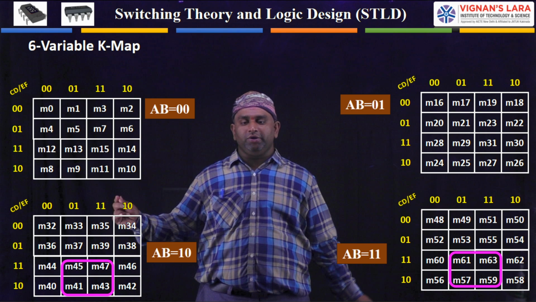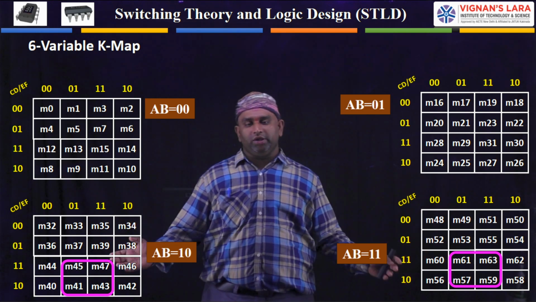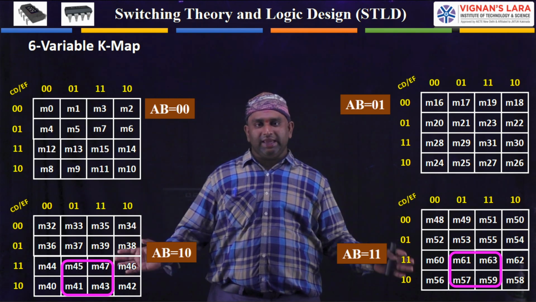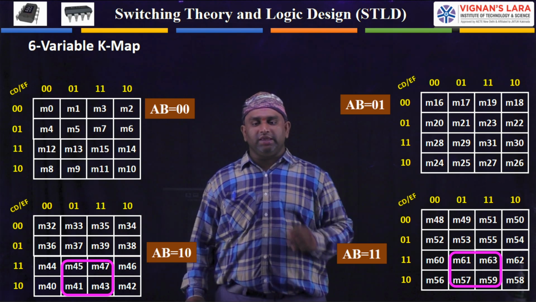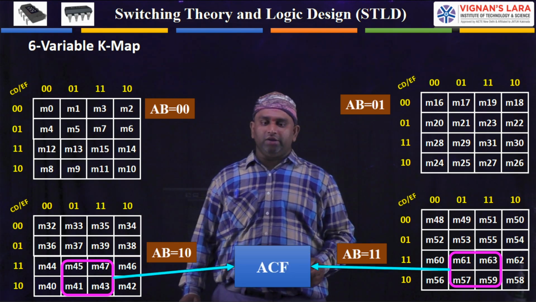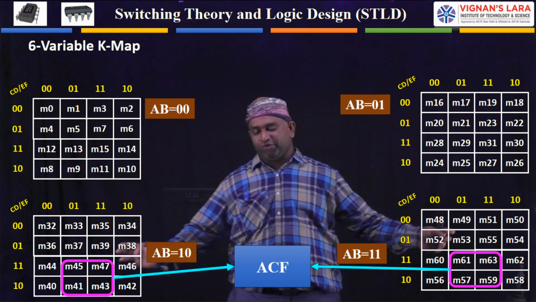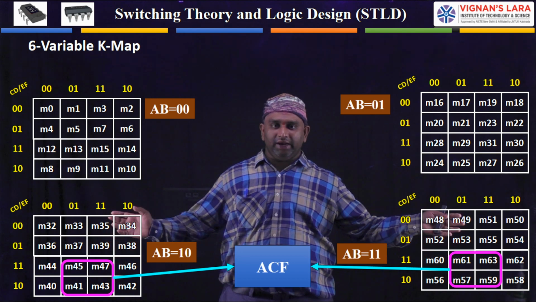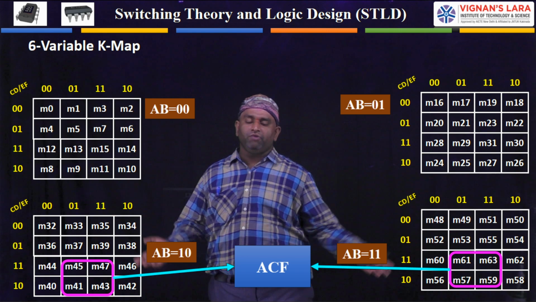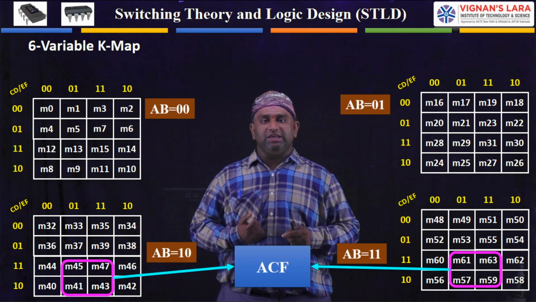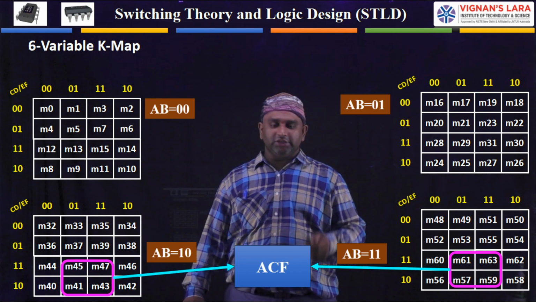CF. Next, coming to the A value, B value. Here AB value is 1, 1, and here AB value is 1, 0. So A is fixed, A is not differentiating and B is differentiating. So take the A value. So A and CF, A CF totally from this quad. Actually, we made here an oct group, that is 8 group we have formed here. From this 8 group, I have written ACF. This is the finalized min term.